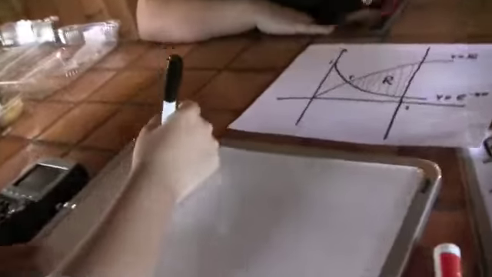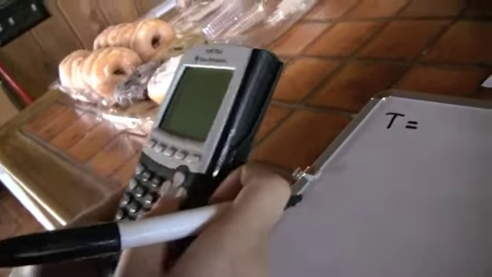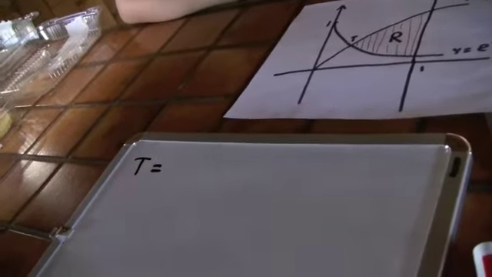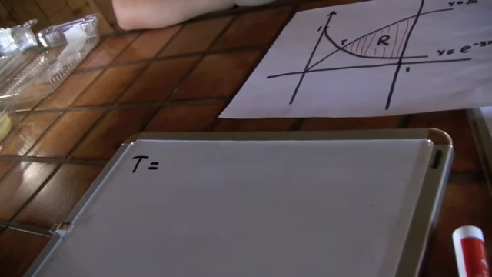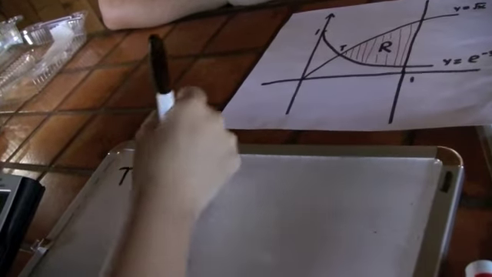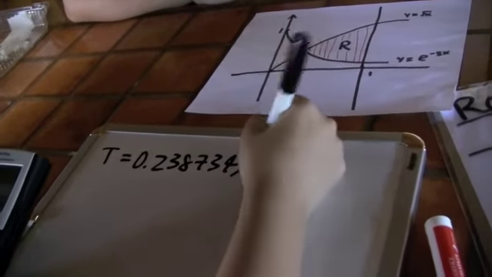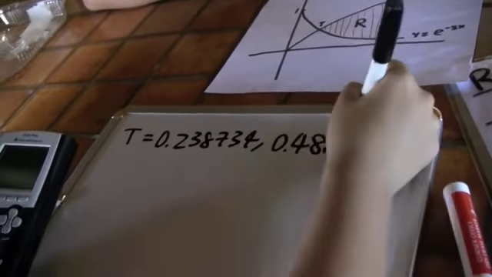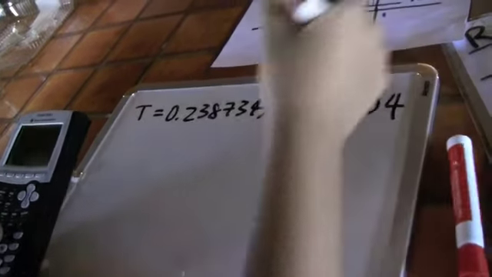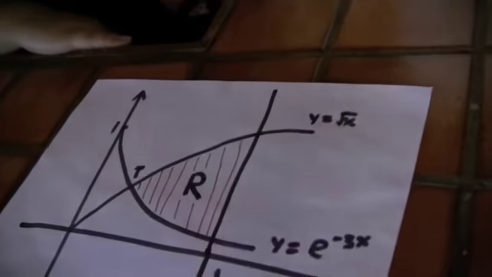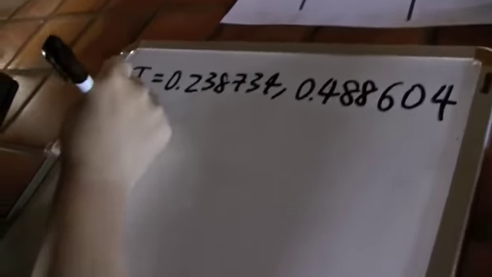This is how you do it for real. First, you need to find the T point. For the T point, you need to use the graphing calculator. First, you put in the first equation and the second equation. By the graph, you find the T point is 0.2387734, 0.4886604. Since y equals square root of x is farther, in the integral of this area,